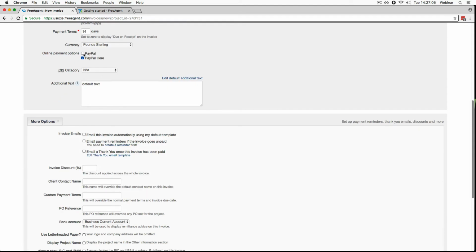Now there's the online payment options that you saw under the settings tab for the email template. As well as PayPal, which I think most people are probably familiar with, we also have the options to integrate with Stripe and Go Cardless, and you could have all 4 sitting on your account here if you had integrated these in your FreeAgent account. Again, I'll leave you to have a look at the CIS